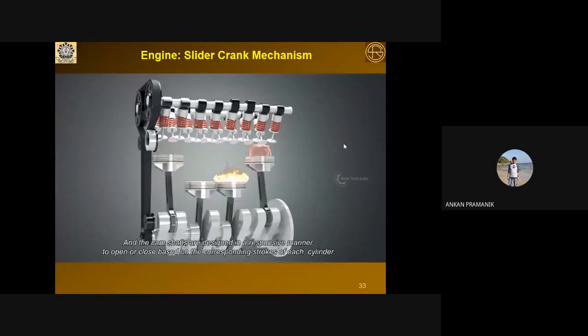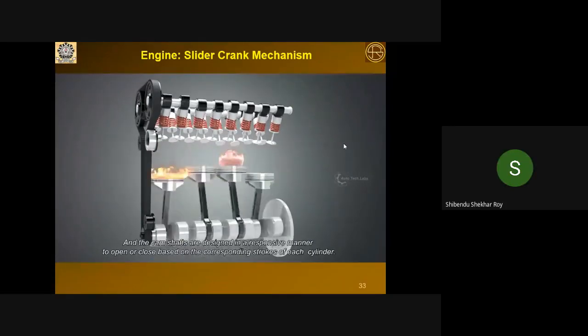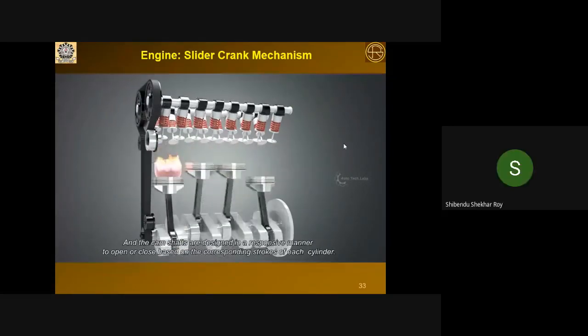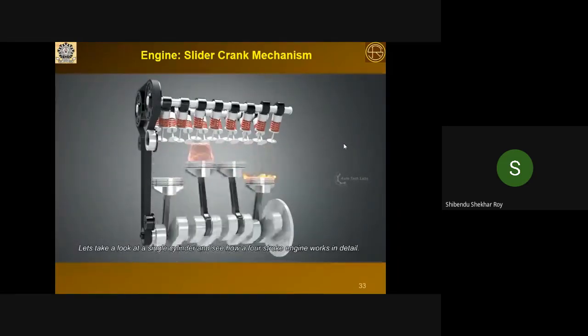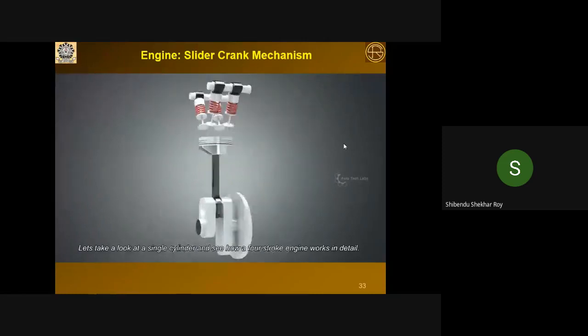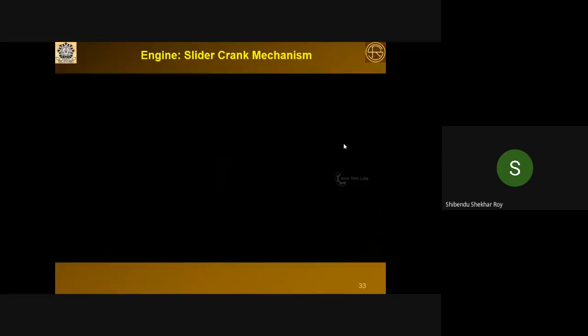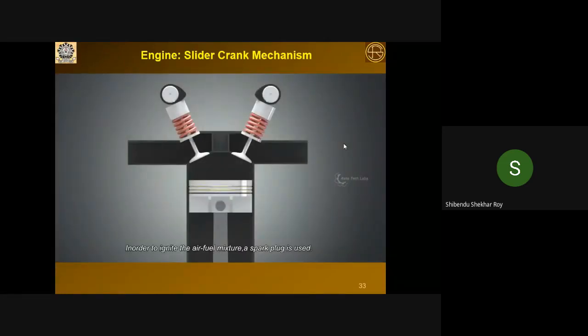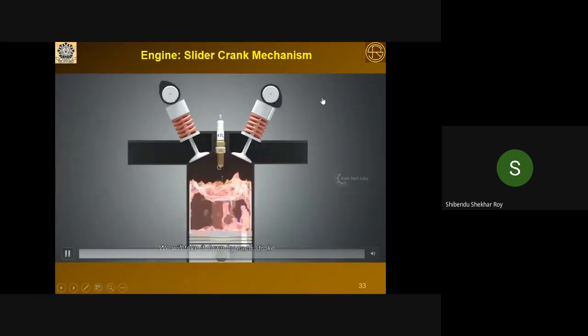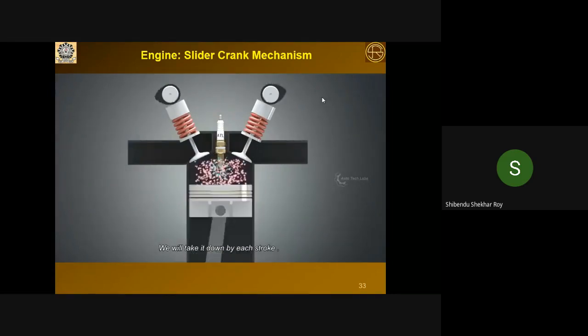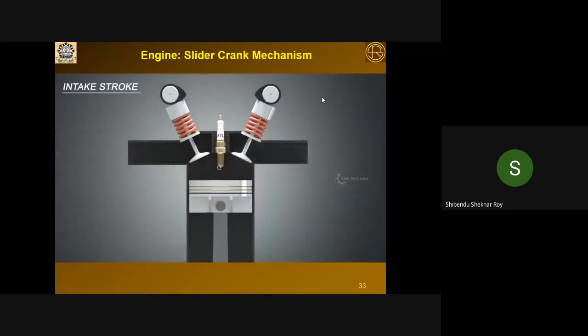Look carefully, which part is the cam and which is the follower? Very interesting portion, the cam. Mechanical automation: when there was no electronics, that time automation took place using the cam. See the cam. This profile is called the cam. This is called the follower. See the cam, there is a line contact. You see, there is a line contact.